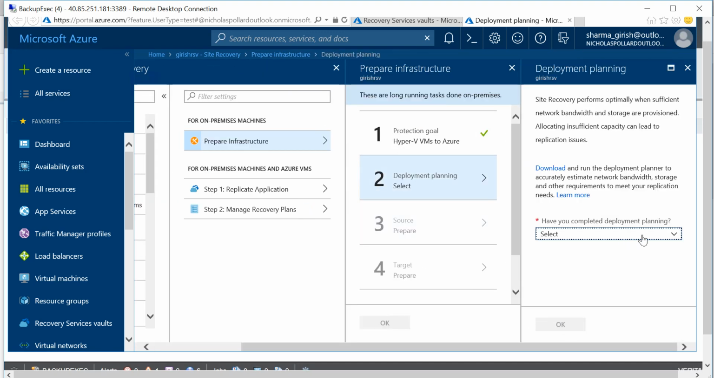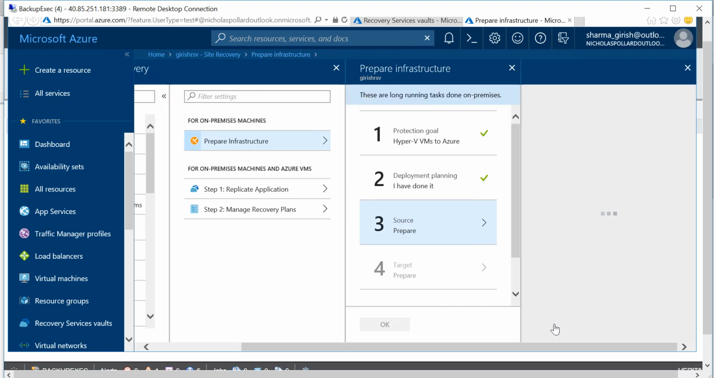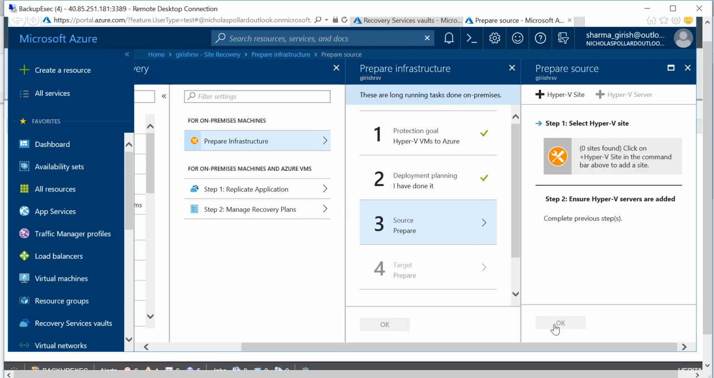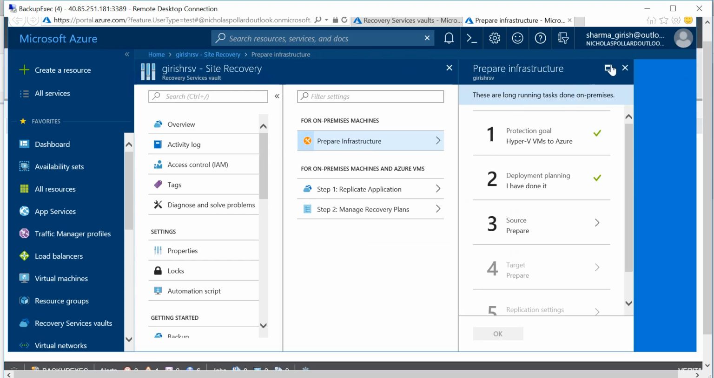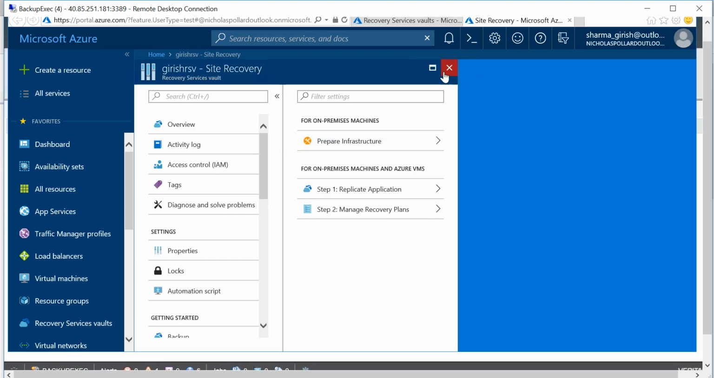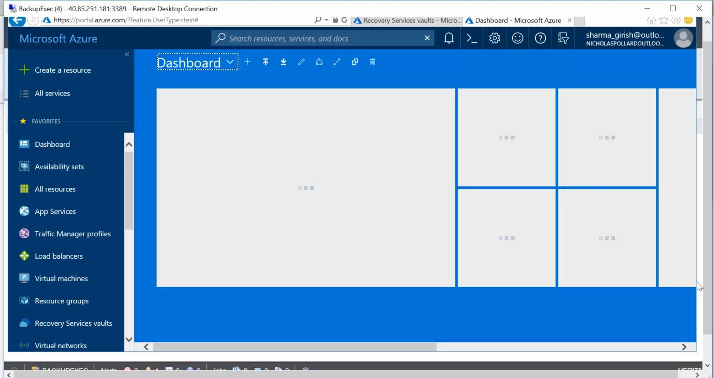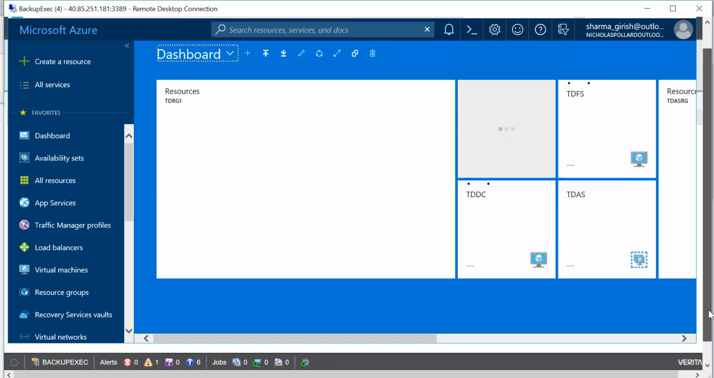Then it will ask if I have done the deployment planning. You can specify if you have done that or not, and then it will ask you to configure the source, in which you have to configure the Hyper-V site, and the target, which is going to be the recovery service vault, and the virtual network where we want this virtual machine to be spun up. As you can see, that is pretty straightforward to configure. I'm not going to do that. I just wanted to give you an idea about how it is done